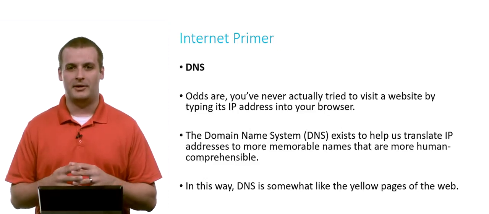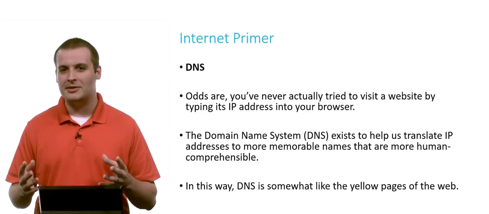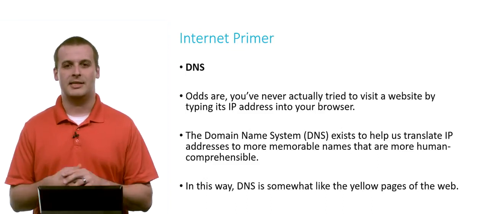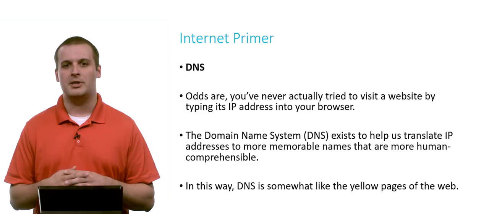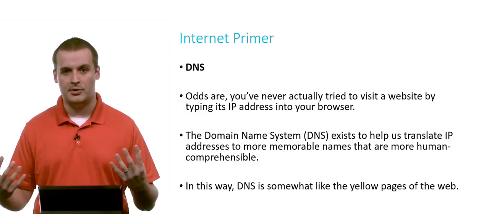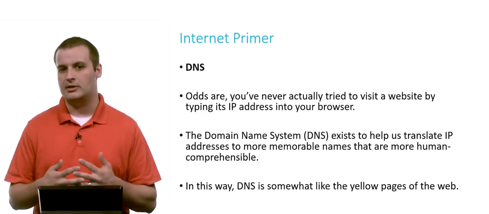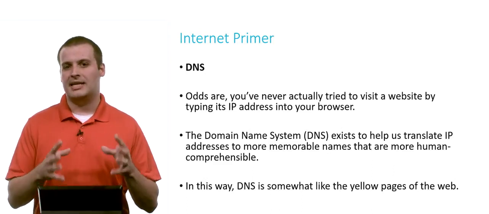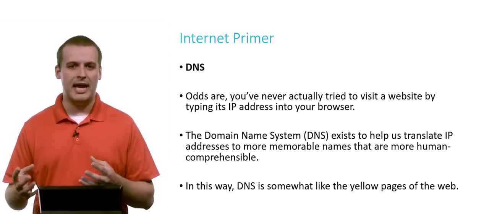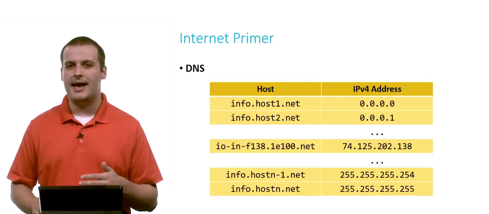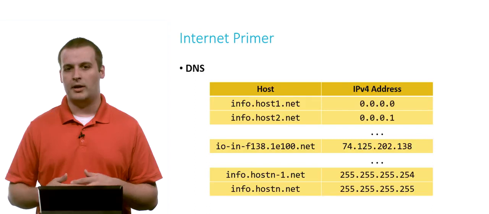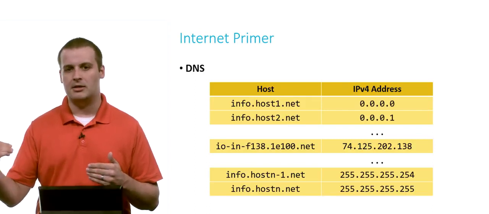Think about if you've ever been before the days of cell phones, you had to memorize your friends' phone numbers. That might have got tough after a little while. And similarly, if you want to visit a bunch of websites, you probably don't want to remember a bunch of numbers. You'd rather remember a bunch of words. So this mapping, this translating of sets of numbers to human readable names kind of makes DNS the yellow pages of the web. And you can think about it as if it's just a huge list running from 0.0.0.0